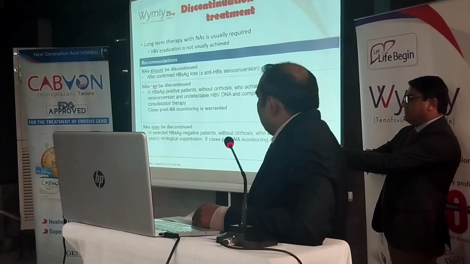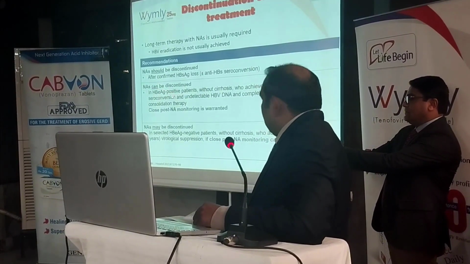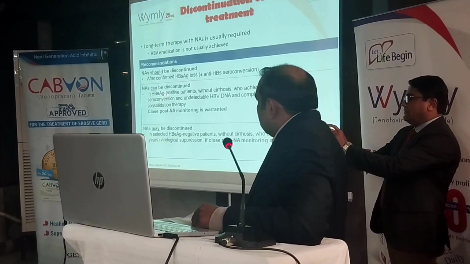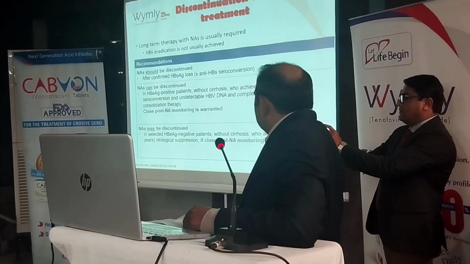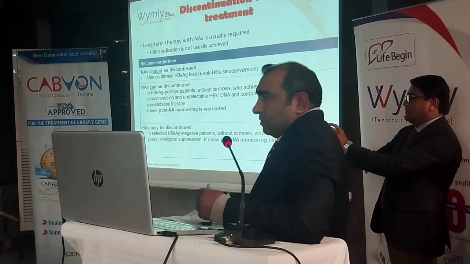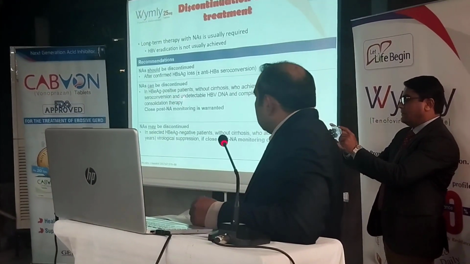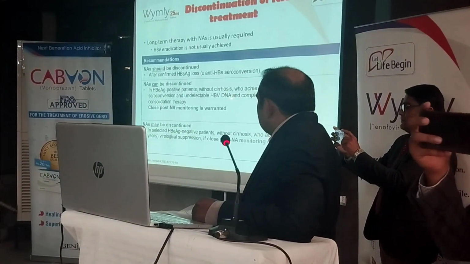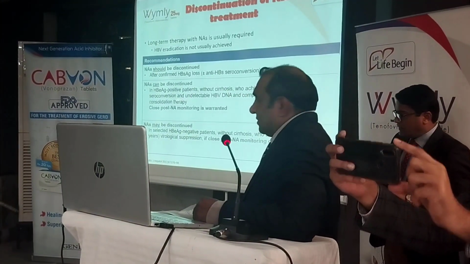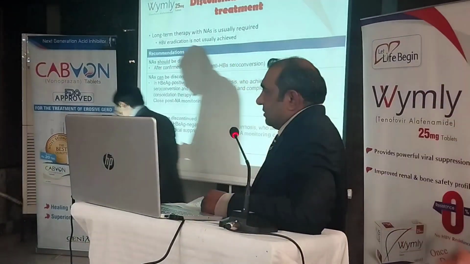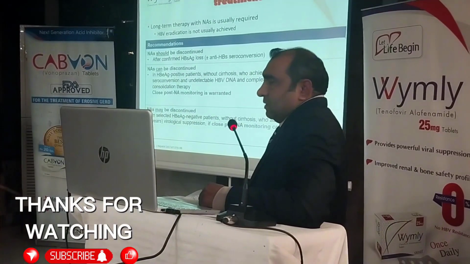There are other options that we can discontinue, but we need very close monitoring for such patients. It is for the patients who are E antigen positive without cirrhosis, with stable E antigen seroconversion. That means the patient developed seroconversion from E antigen to E antibody, and there is an undetectable DNA level, and the patient also completes more than 12 months of consolidation therapy after achievement of these targets. Then we can discontinue the treatment. Otherwise, it's not an option.